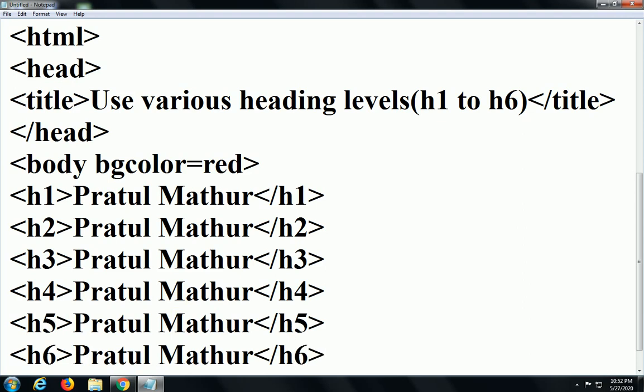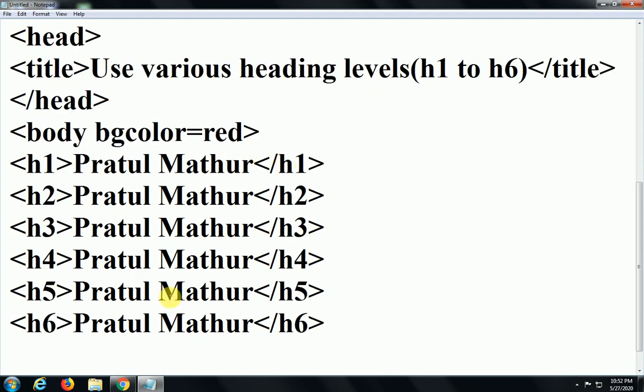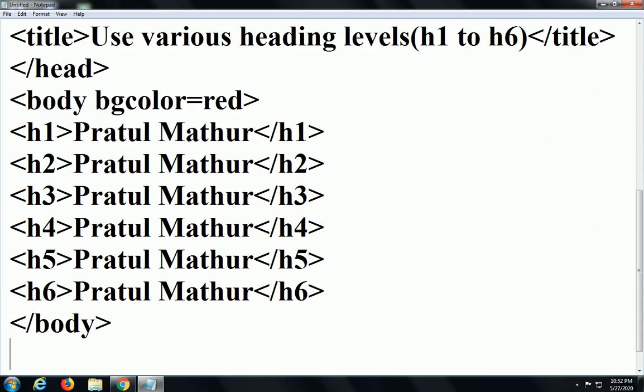Then after that we close the body tag and finally close the HTML tag.